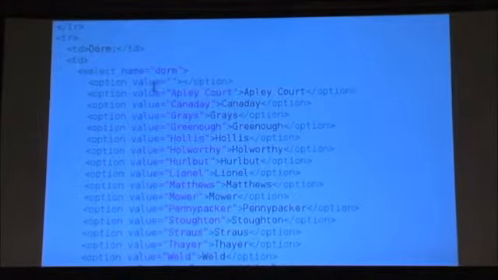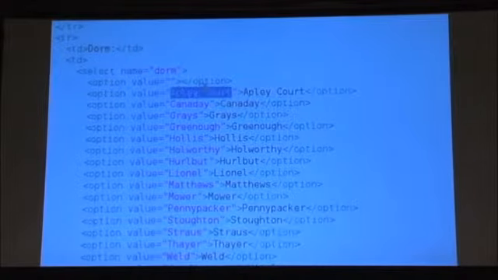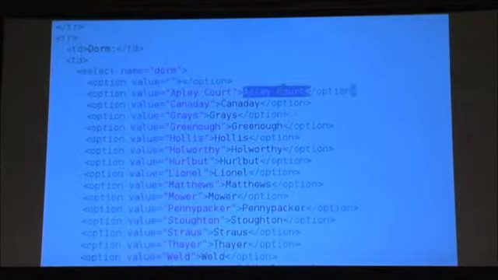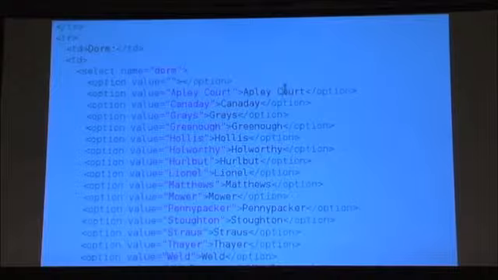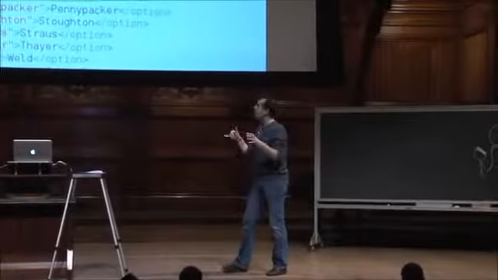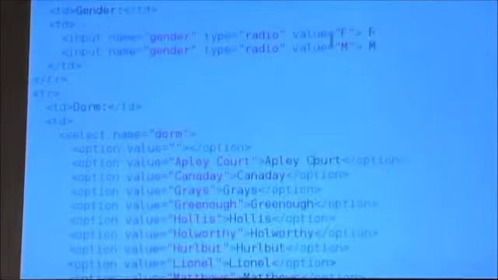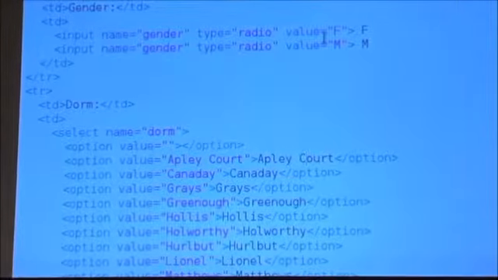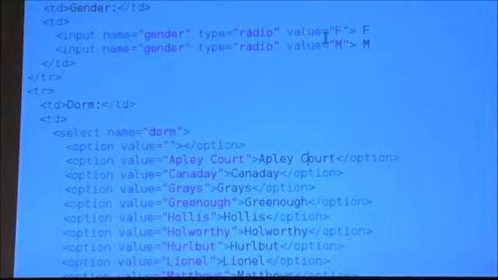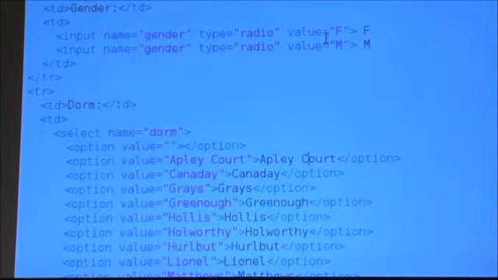And there's a dichotomy here, recall. There's the value of the option, and then also what the human sees. For simplicity, I did exactly the same thing. I put value equal to what the user sees, but you could have something different if you wanted more descriptive text, or in quotes, maybe even less descriptive text. But notice that there's no mention of selection here. There's no mention of value. So of course, when I reload this page or spit out the HTML again, it's going to forget that Matthews was selected. Somehow, what we need to do here is if I